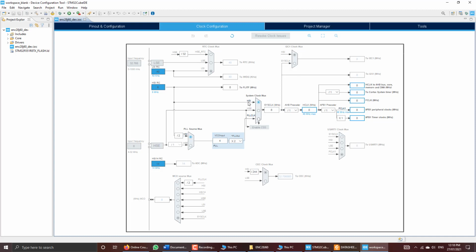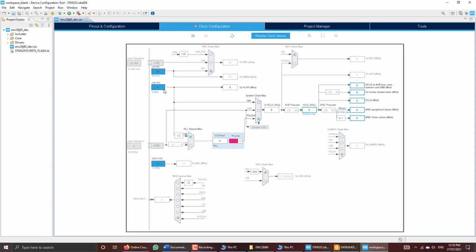PLL is the phase locked loop. This is the technology that is used in STM32 and many other microcontrollers to increase the clock frequency. Actually the source of oscillation is low, meaning a low frequency crystal or a low frequency internal oscillator. Then we scale up this frequency to a high frequency. The high frequency is generated using this PLL. So instead of the system clock being clocked from HSI, we will clock it through the PLL. This will change like this. Now our system clock is not connected directly to the HSI, but it is getting its clock from the PLL.